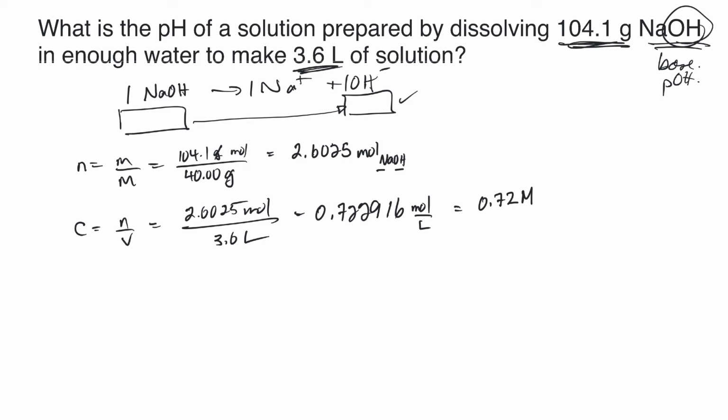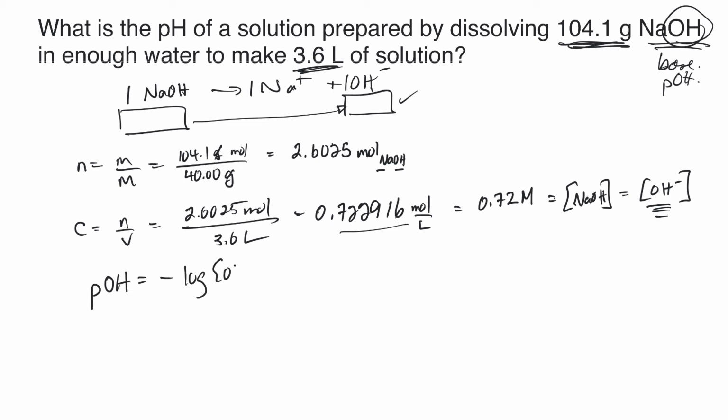They're not wanting to stop there yet, though, so I'm going to keep that whole number in my calculator. So now this is equal to the concentration of sodium hydroxide, but it's also equal to the concentration of hydroxide ions. And I can use these to determine my pOH. So the pOH of the solution is negative log of the hydroxide ion concentration. So it's negative log of